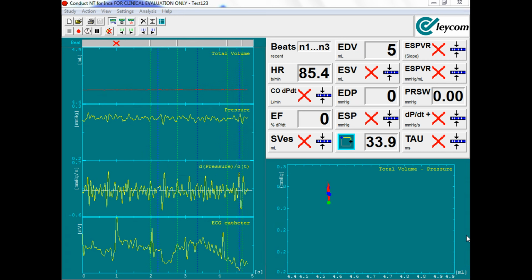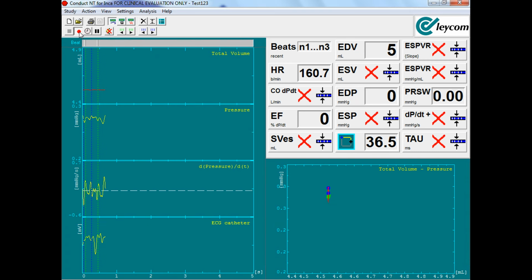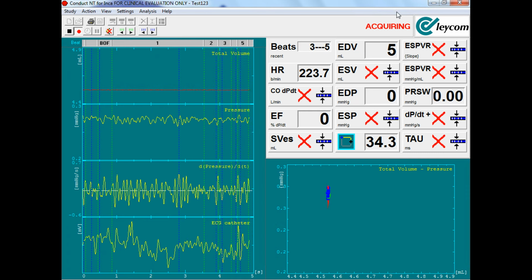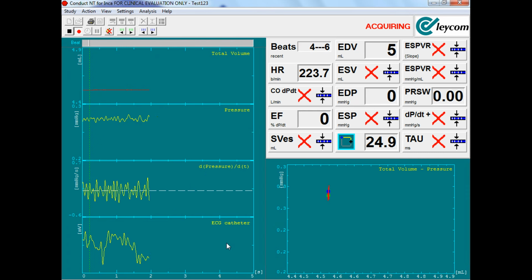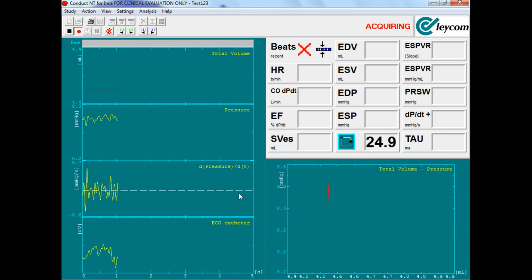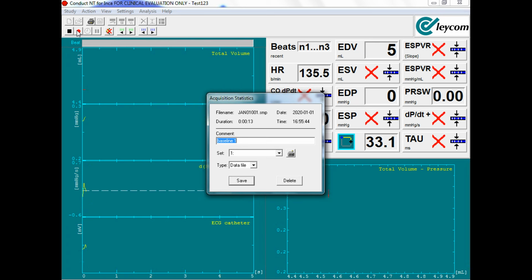The first and most common option for recording PV loop data is to use the red button at the top left hand of the screen. Once I click Start Acquiring, I will see an acquiring prompt at the top of the screen, as well as a count up timer to give an idea of how long the data file will last. In order to stop this, there's a stop button, or you can click Stop Acquiring, which will then stop the